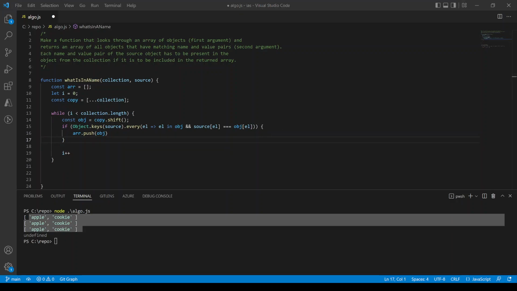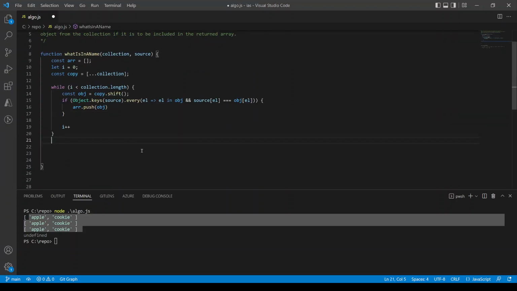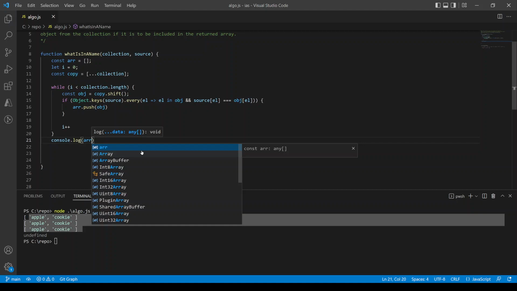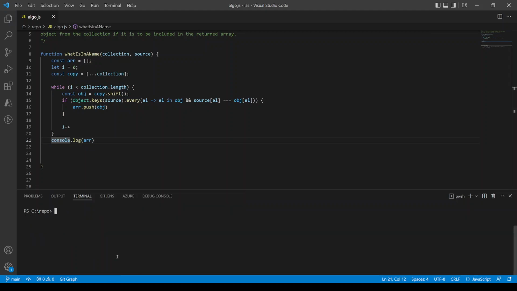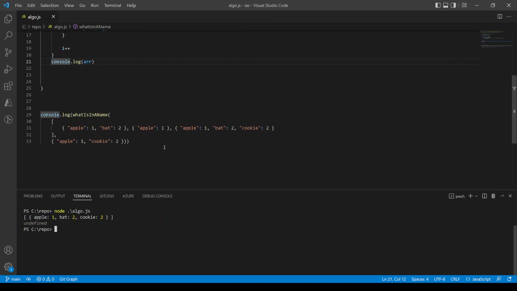And now it should work. So if I console log this r outside the while loop, it is functioning. Let's look at it. This object contains all the keys from the source? No. Apple, yes, but not cookie. The same for the second object, just apple. The third one,